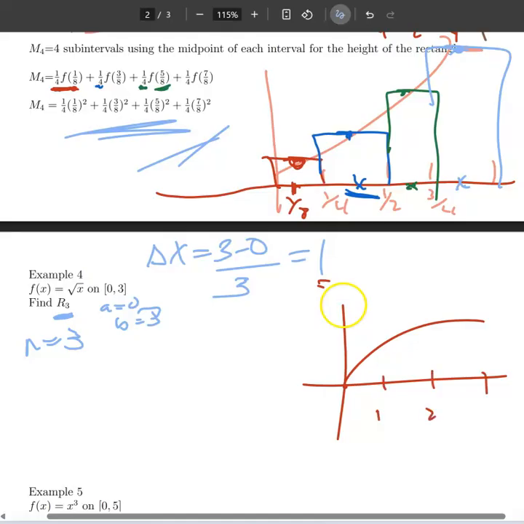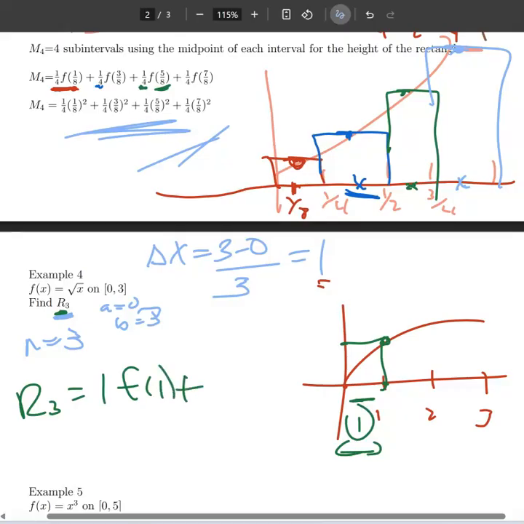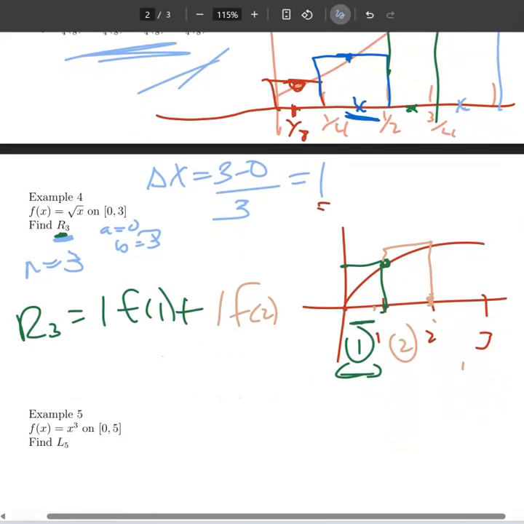1, 2, and 3. And so rectangle number 1 here, if I'm using right-hand endpoints, I go to here. Right? So the rectangle R sub 3 will equal the width of 1, because that's what the width of the rectangle is, and then times f of 1 plus. Okay, so let's move to the next rectangle. Get a different color. So rectangle 2 here is going to have the width of 1. And if I'm using right-hand endpoints, I'm getting that f of 2, right? And then plus the third rectangle, I'd use this right-hand endpoint, so I'd have 1, the width, times f of